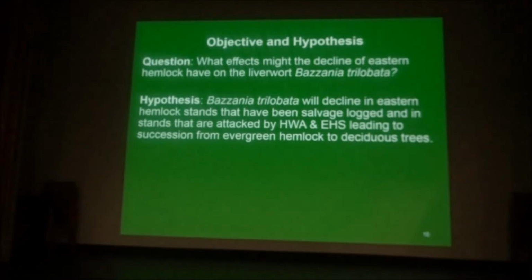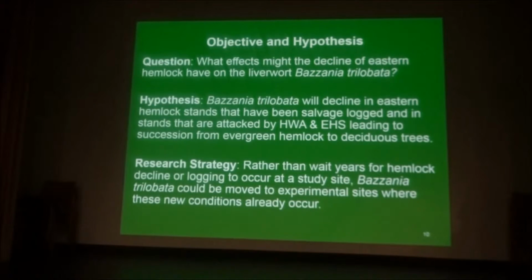So to go into the project that I conducted for my undergraduate honors thesis, essentially the question I'm looking at is: what are the effects that the decline of eastern hemlock might have on Bazzania trilobata? I hypothesized that in stands that have been salvage logged or experiencing attack by these two invasive insects, the Bazzania would decline. And you also have this issue of succession from hemlock to deciduous trees such